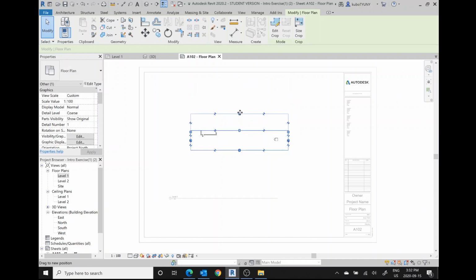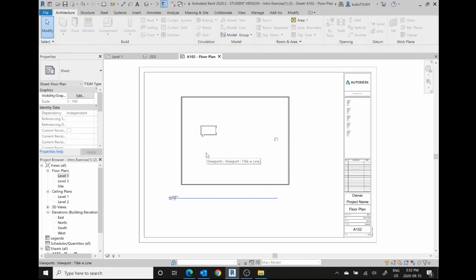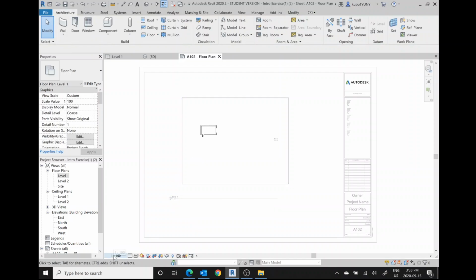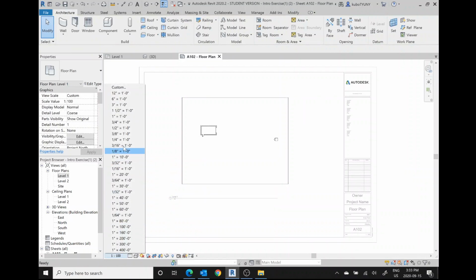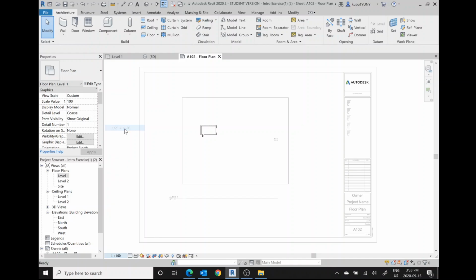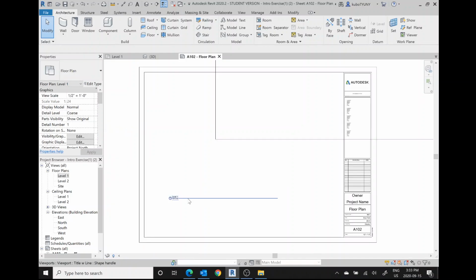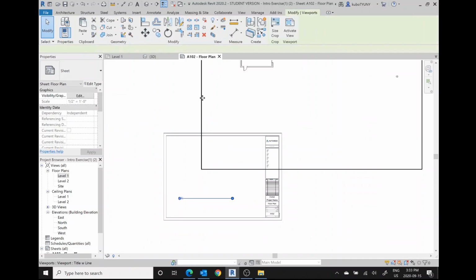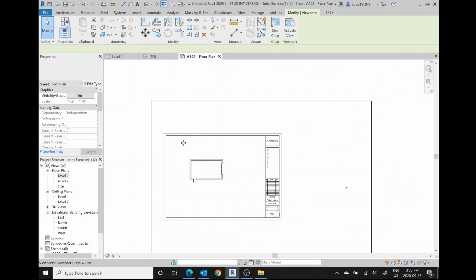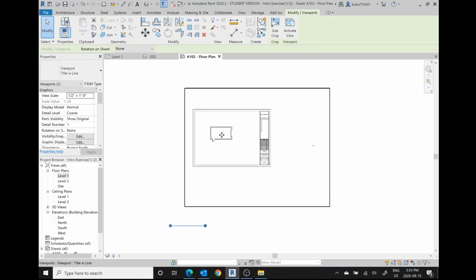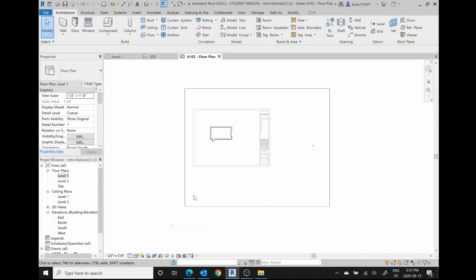There it is. So what I'm going to do for now is just leave it a little bit bigger because we want to change the scale. So again, once you're inside of this window, I double click outside. If I double click back inside, I can change the scale here, and I'm going to go 1/2 inch equals 1 foot. And so now I've got my floor plan, and now I'm going to tighten up the crop view a little bit. So I'm going to double click inside,